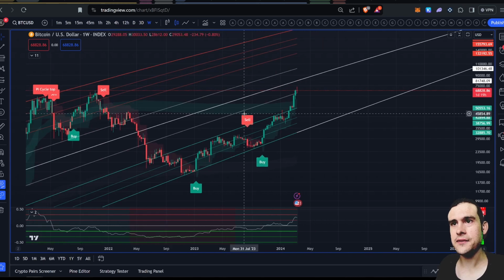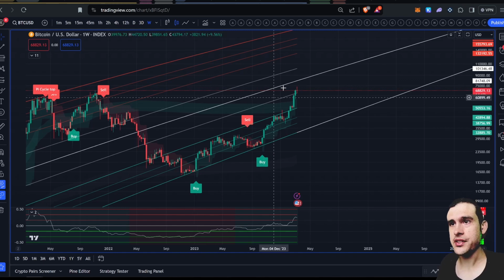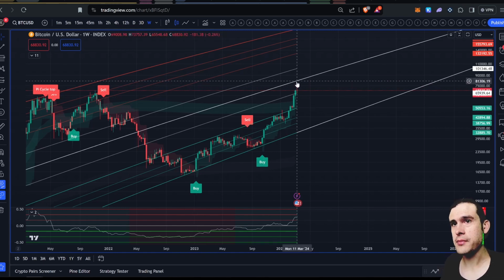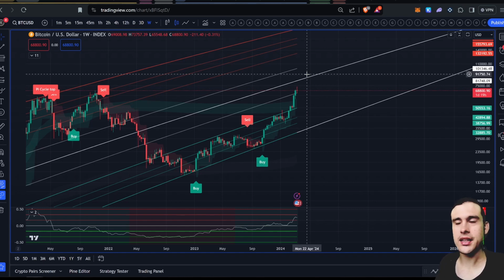I think I'm just going to leave this as the standard setup now, because now that we're ripping up and we've broken out of this channel here, it's worth looking at where the next potential points are. These are Fibonacci-based logarithmic regression lines, where our potential resistances are based on this alone. The next major Fibonacci-based regression line we have is at about 82K. Once we're finished consolidating here, I believe that's probably the next place we'll go,